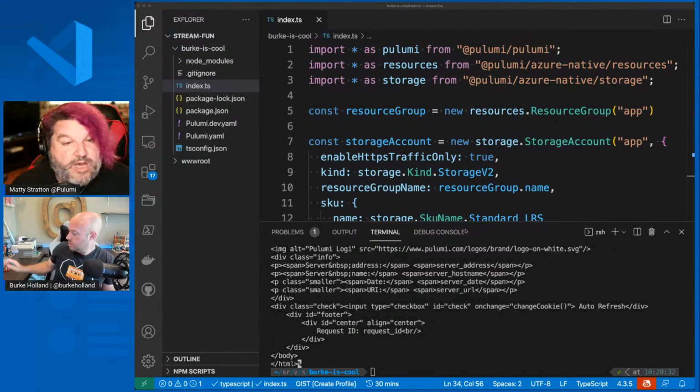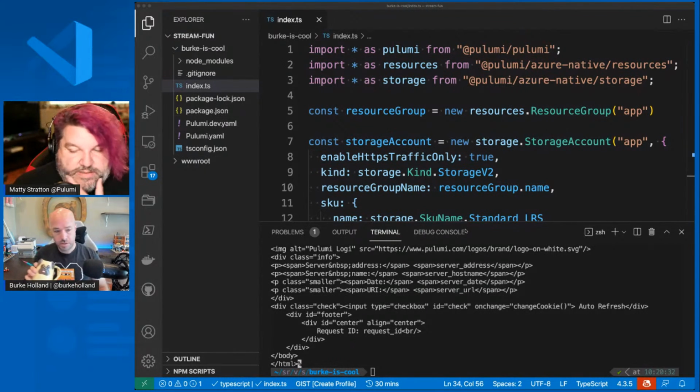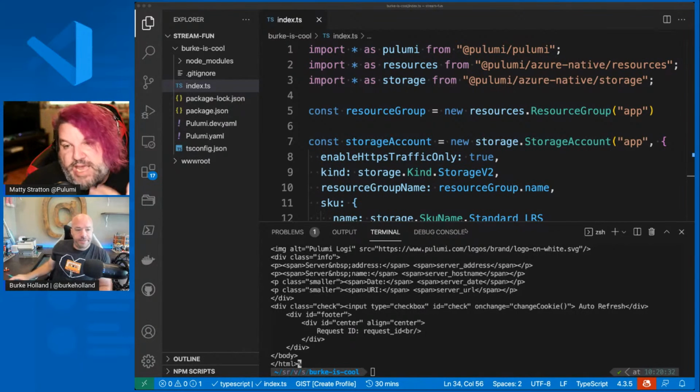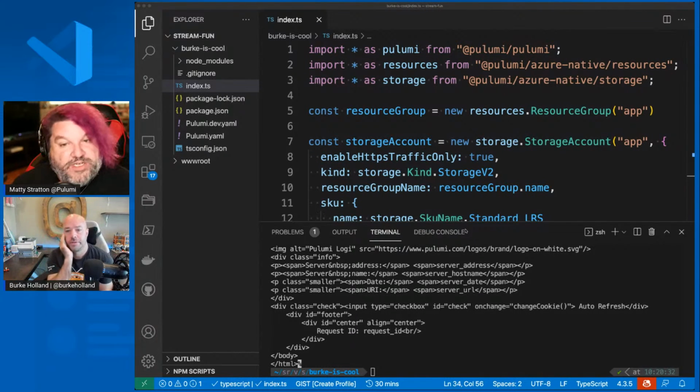There are. So there's a couple different ways to deal with that. In this particular case, if I was trying to do a thing like this, I'm actually probably more likely to use Azure Static Websites, which has a resource provider that takes care of a lot of this behind the scenes for you. But the other thing where things get really powerful in an organization is this idea of reusable components.